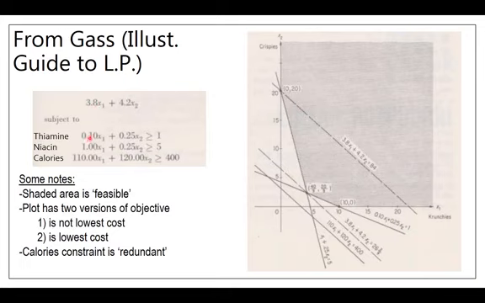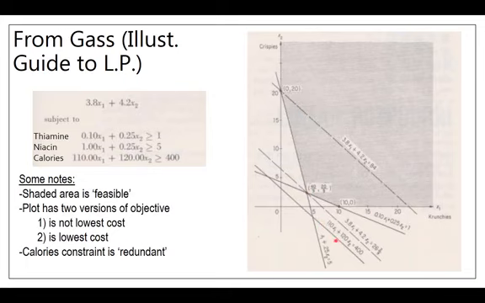The translation here we've already talked about, and here or here is the same. An ounce of crunchy cereal contains 110 calories. Those 110 calories, every ounce of crunchies we consume contributes 110 to this total requirement of 400 calories. Again, following over here, you can find the calories constraint down here, and it's kind of interesting because we've already